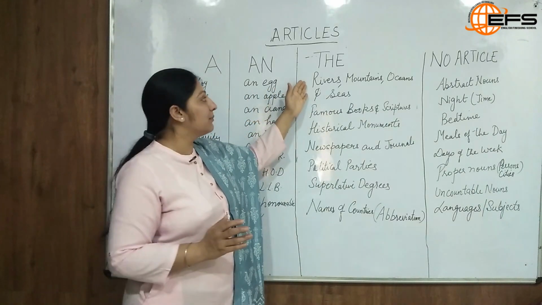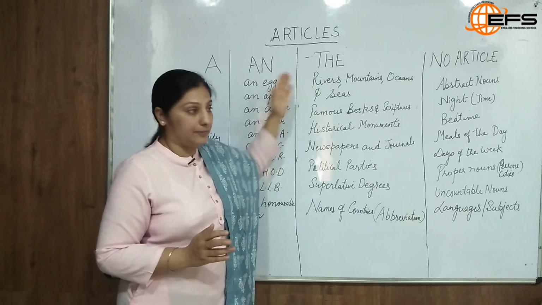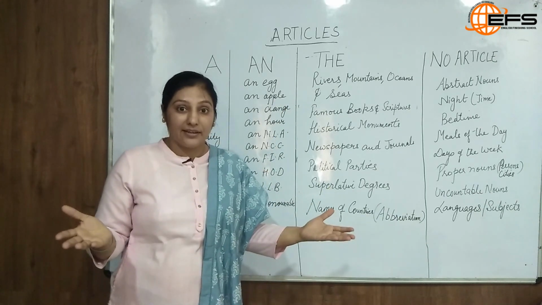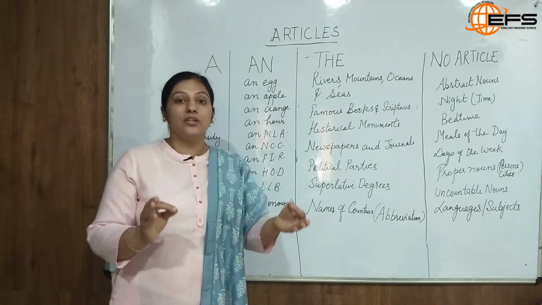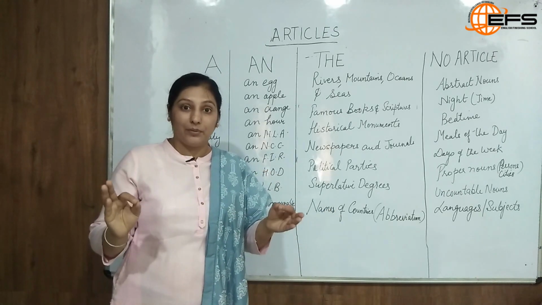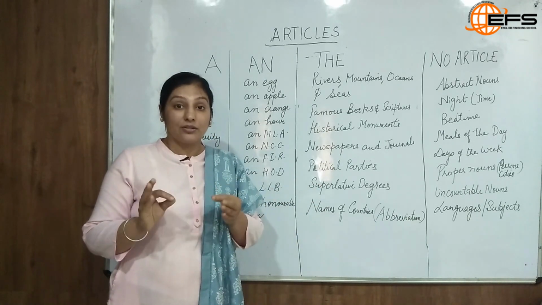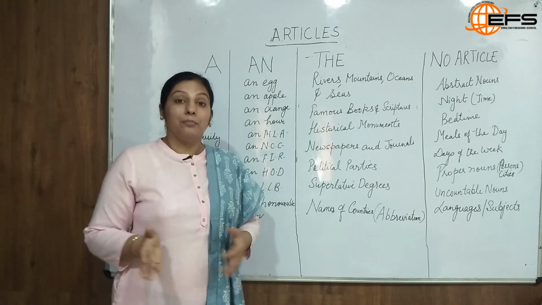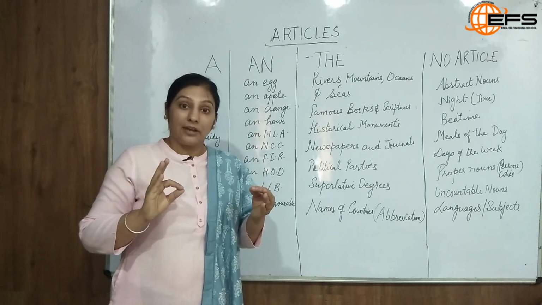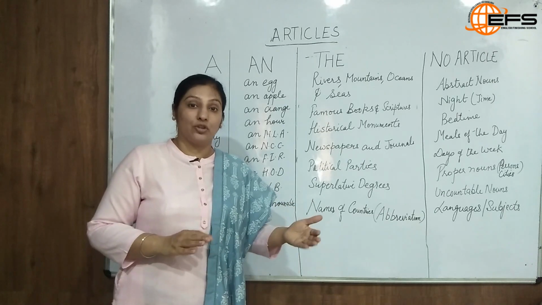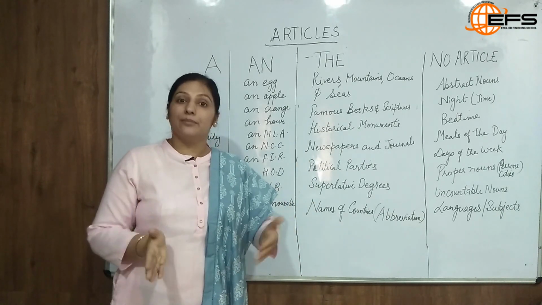Next we will discuss the usage of article the. Again, we need to understand that the is a definite article. It is used in a sentence to denote a specific person. I met a girl in the park. Now here it talks about an indefinite person, but the moment I give the reference of that girl in the second line, I'll say the girl was sitting on a bench, because in the next line the girl becomes specific.